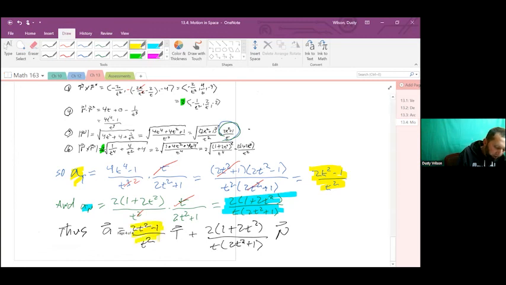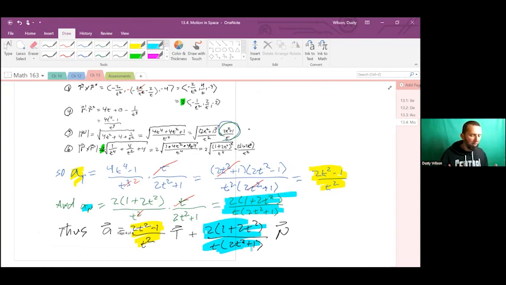Here's the yellow. Here's the blue. And we've written our acceleration vector in terms of its tangential and normal components of acceleration. The only thing we haven't done is find the T and the N vectors,